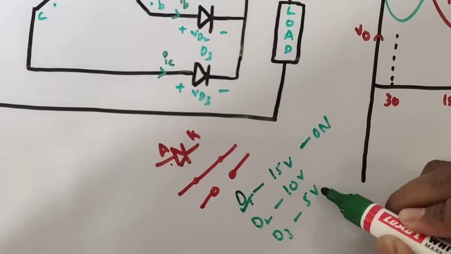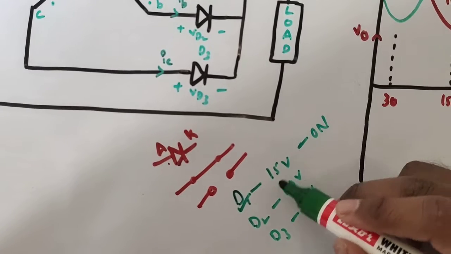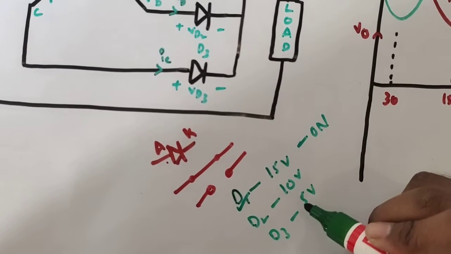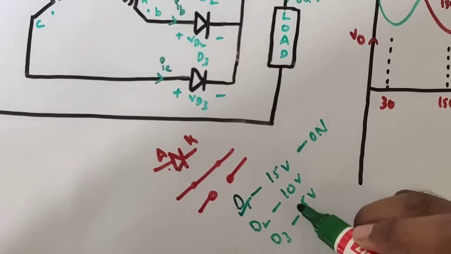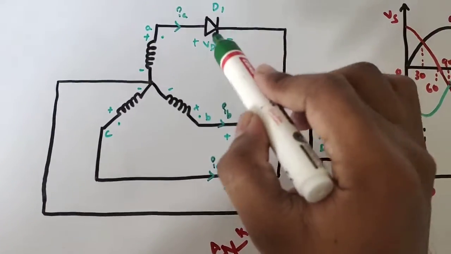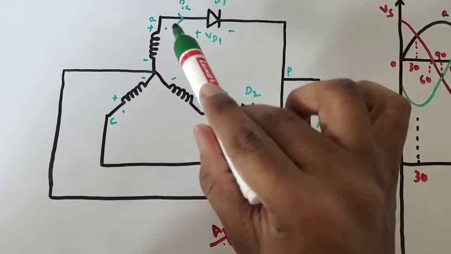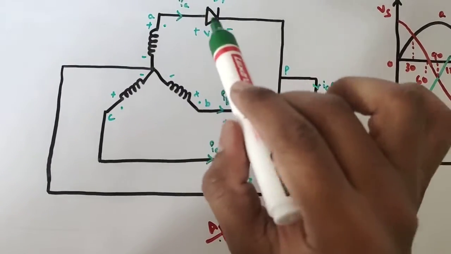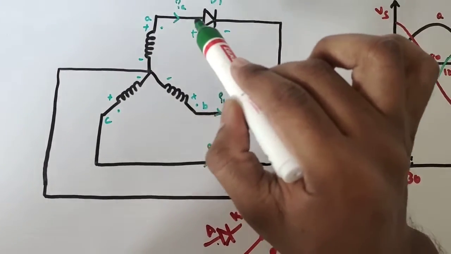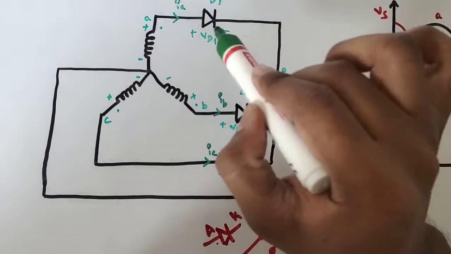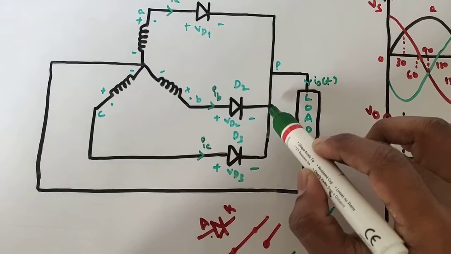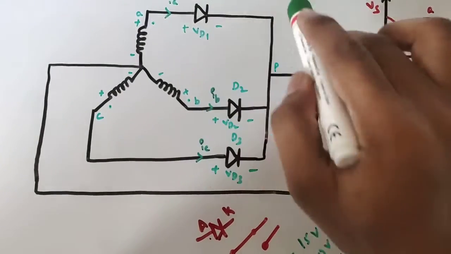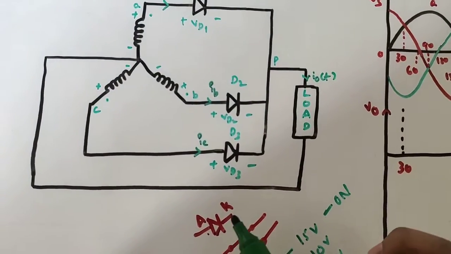Now how are these two going to be off? If D1 is on, definitely these two should be off, right? If it is 15 volts, then let me suppose it is on. So it is short circuited over here, right? Short circuited in the sense what? The 15 volts will appear across this particular node. As it is a short circuit, 15 volts will appear across this particular node.